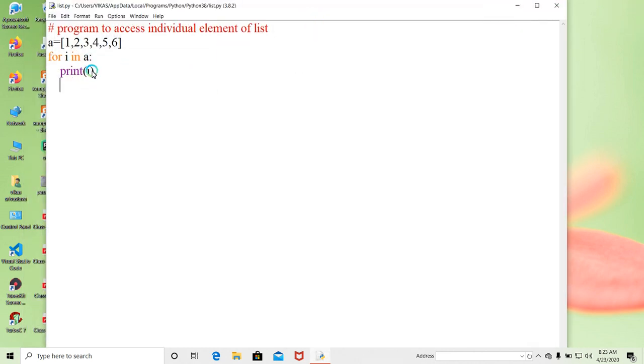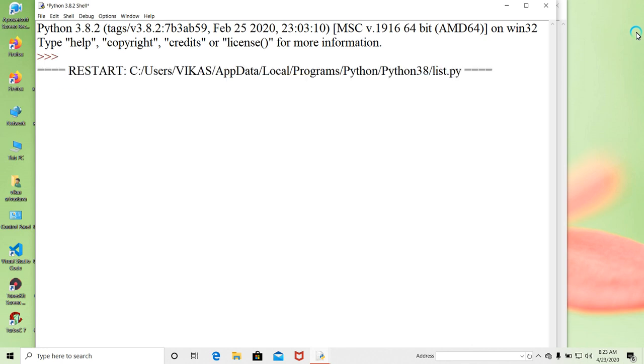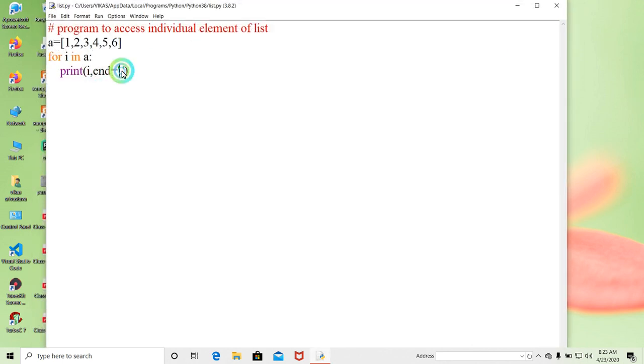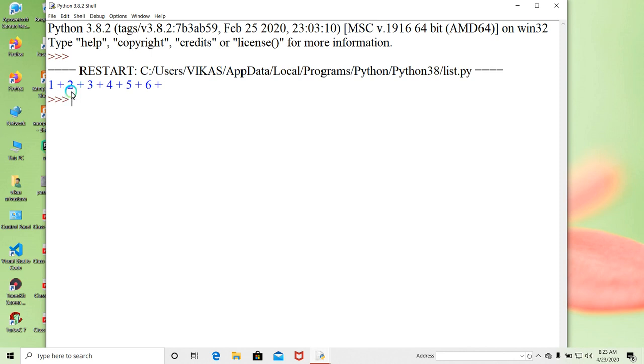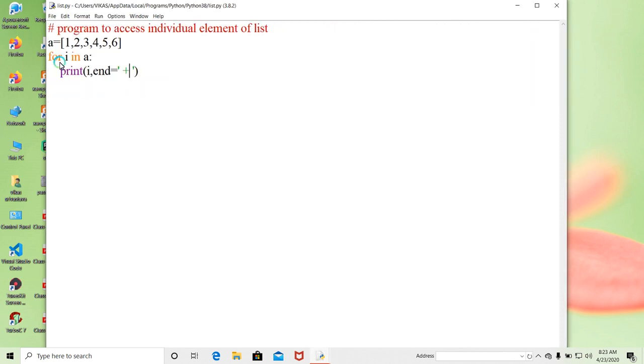If we want all of it in one line, I will write end equal to space, so it will come with one space. If we want to display it in the form of a sum, here end is equal to plus. So look here, it will display 1 plus 2 plus 3 plus 4 plus 5 plus 6. Clear? So this is your first way.